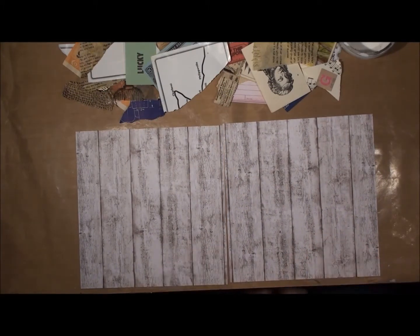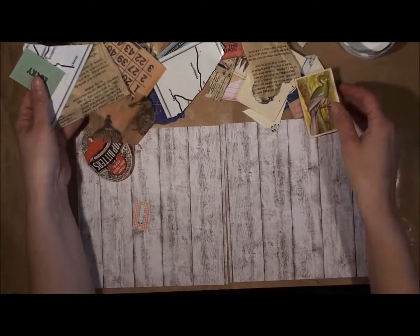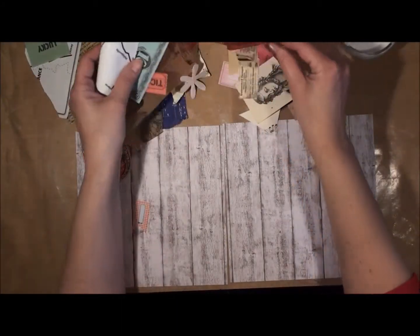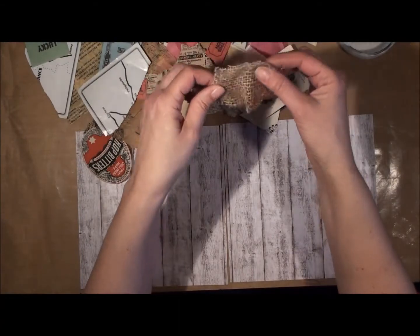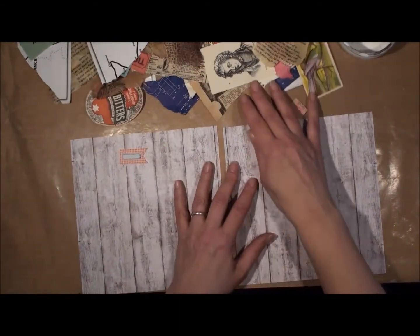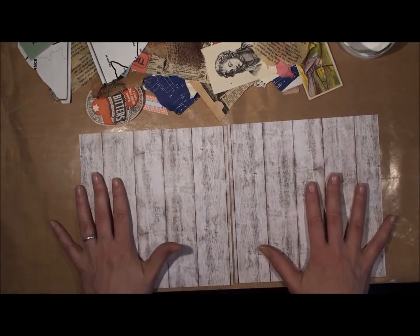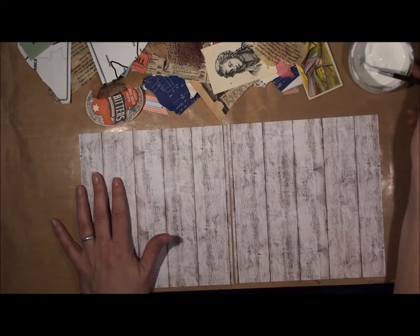I want to do some art journal paper for the art journal I made in the first blog post for Art Anthology. I have all kinds of different little papers, materials, burlap. And I'm going to stick it on here. I don't know what I'm going to do yet, but I'm going to stick it on the pages with a little mix of